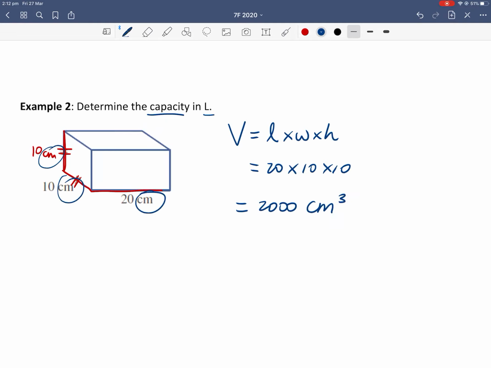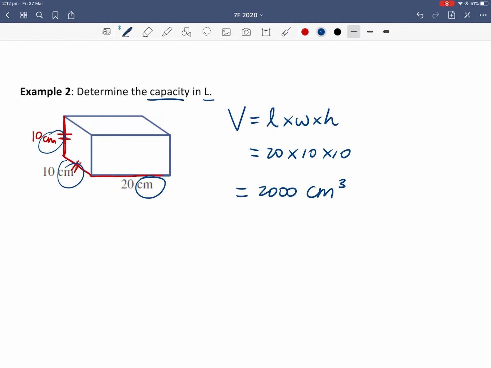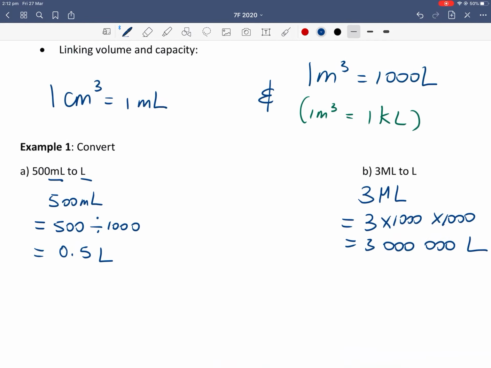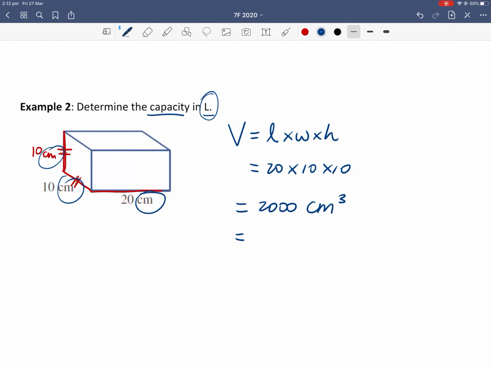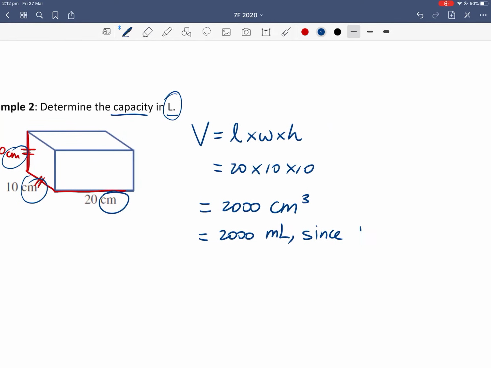And remember, volume are cubic units. Now we want liters, not cubic centimeters. So first convert it into milliliters, because we know 1 centimeter cubed is 1 milliliter. So that's equal to 2,000 milliliters. Now explain why, comma, since 1 centimeter cubed is 1 milliliter. Now we don't want milliliters, we want liters, so that's equal to 2,000 divided by 1,000, which is giving us